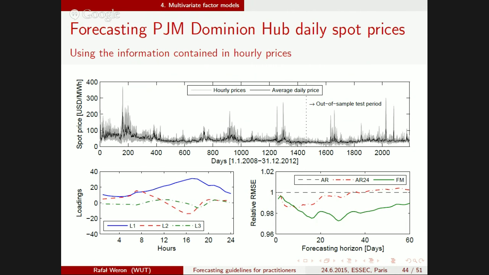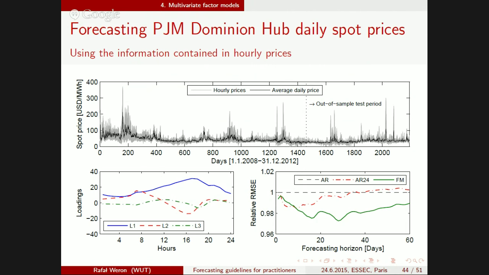Now, during estimation, we obtain the different loadings of the factors, and as you can see here, the first loading, of the first factor, this is the blue curve here, is more or less a level. You can interpret it as level, because you have the night, the off-peak hours, the afternoon peak, and more or less this is the level. Then the next 2 loadings, of the second and the third factor, the red and the green, make a distinction between the morning peak and the afternoon peak. This is the red factor, and the green one, again a distinction, the late afternoon or evening hours, and somewhat more the midday hours. So using a model with 3 factors,